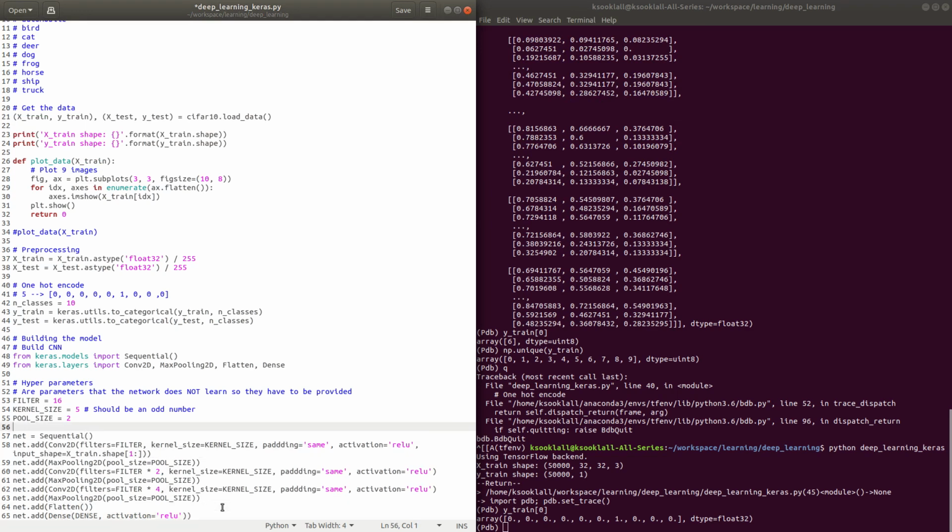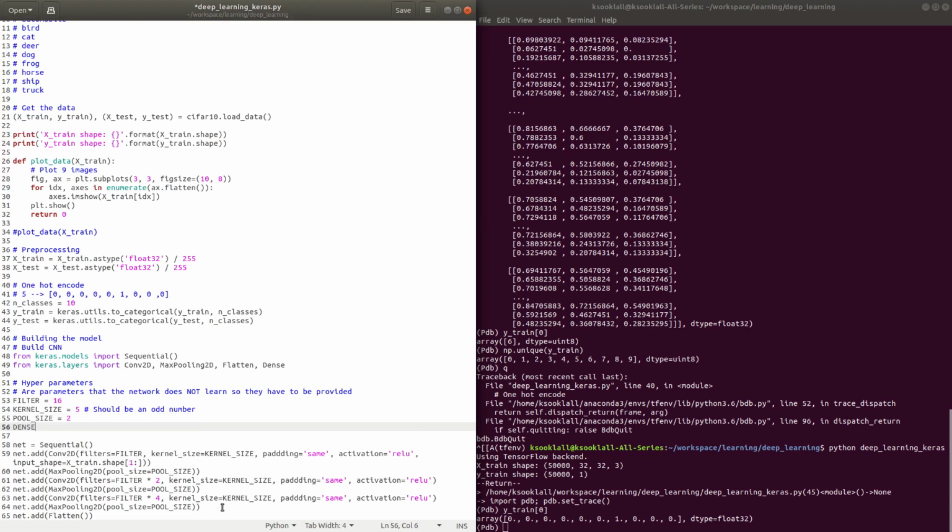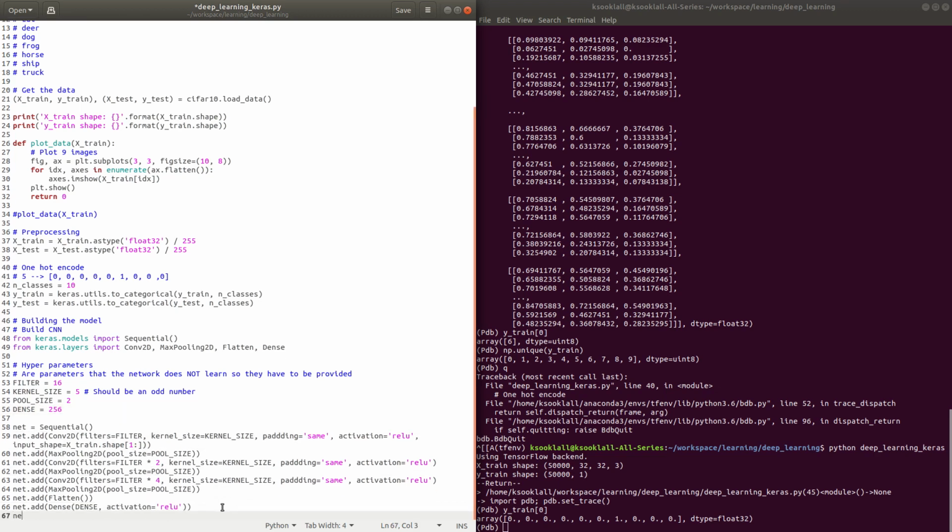And let's add that to our hyperparameters. Dense equals 256. Again, could be really any number you want it to be. And then finally we'll add our last dense layer. We could add another dense layer here also if we want, but for now we'll just leave it at that. And this last dense layer has to be the number of classes you're trying to predict, and for us it's